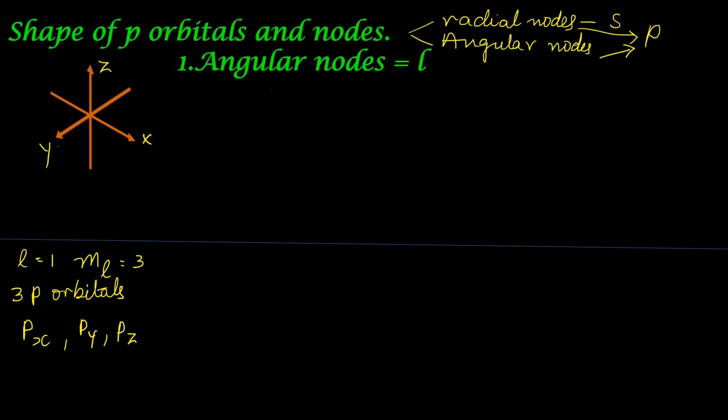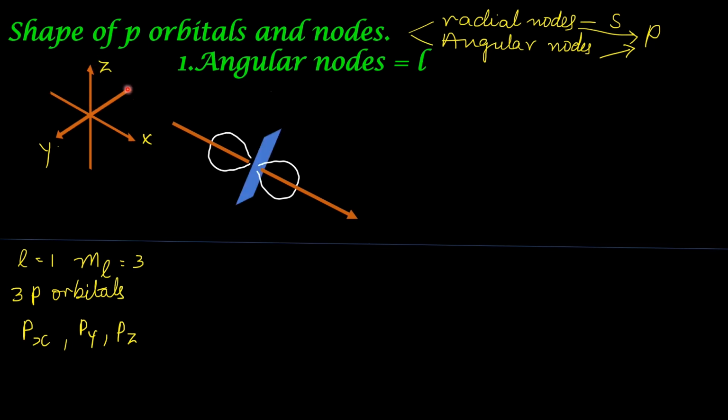Unlike the s orbital, the p orbital is not spherical. It has two lobes and the lobes are directed along these coordinates. This is the x coordinate and the two lobes look something like this. You should have a three-dimensional idea about it. I have shown it for the x-axis. And this central portion corresponds to the nucleus, where the probability of finding the electron is nil. This is the boundary surface diagram for px orbital.